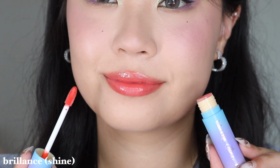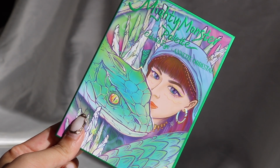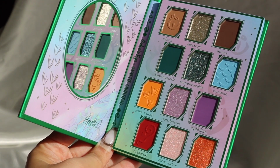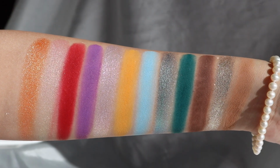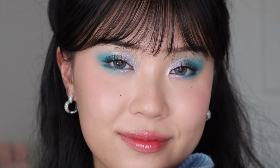So this one is also very, very pretty too. Then we come onto Annette's palette, Mighty Monster. Once again, a beautiful color story, and I feel like this is so Annette. I think Annette does the best job of picking her shimmers because we have some really stunning ones in here. I'm going to be using quite a lot of them in this look, which you can see there's just